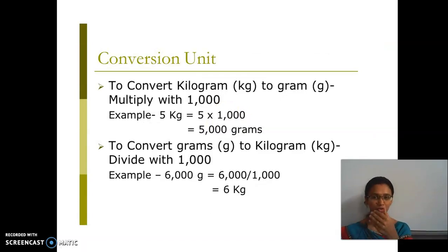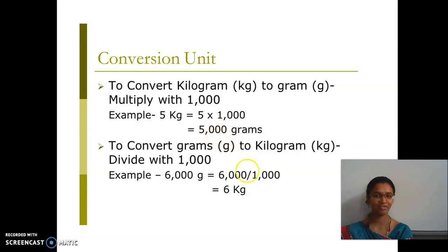Okay, so here is unit conversion. Already we have seen conversion from kilometers to meters and meters to kilometers. In converting kilometers to meters, what must we do? Multiply, right? And converting meters to kilometers, we divide. But here, converting kilogram to gram, you need to multiply it with 1000 because 1 kilogram is equal to 1000 gram.